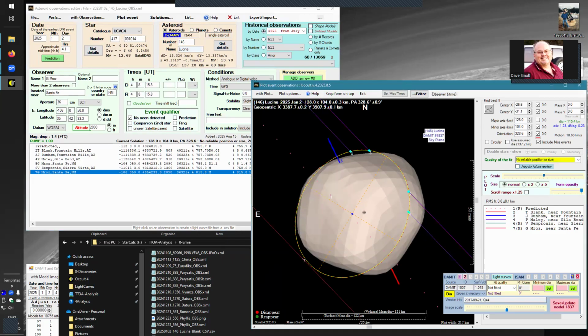The 1.15, where's my electronic brain? We've got an ellipse of 104. 128 divided by 1.15 gives 111 as the minor axis based on that. So we've got an ellipse that's a bit elongated compared to the